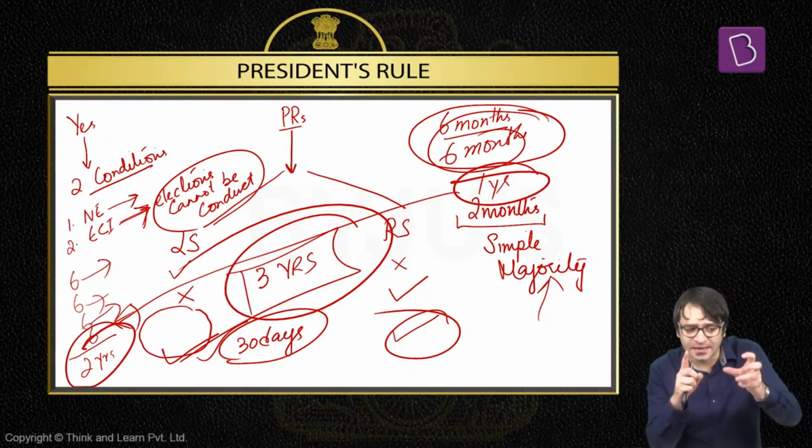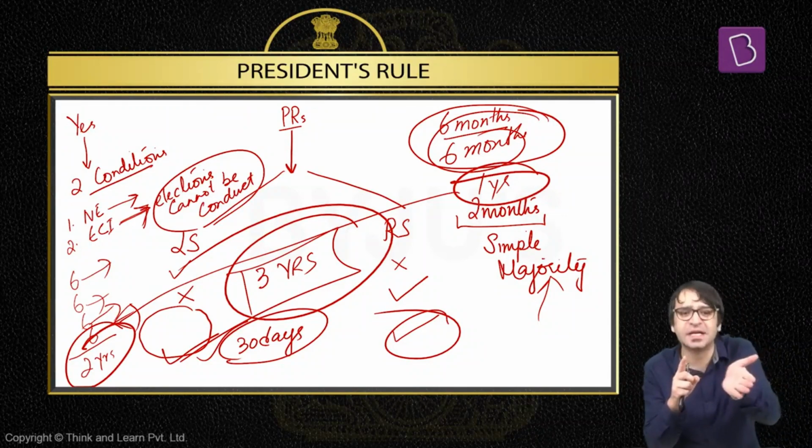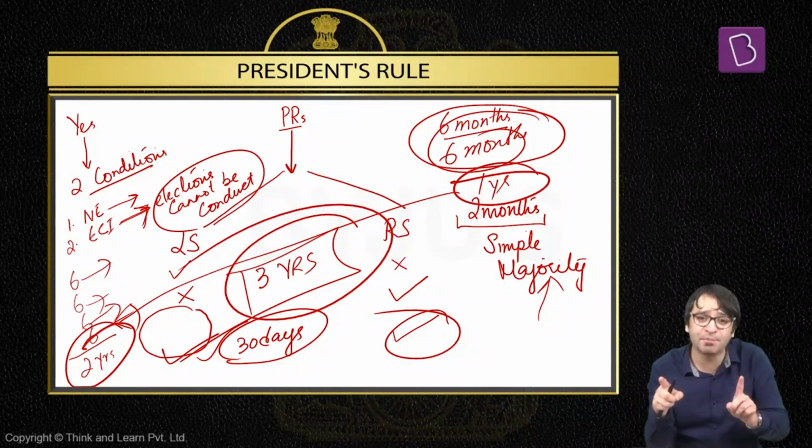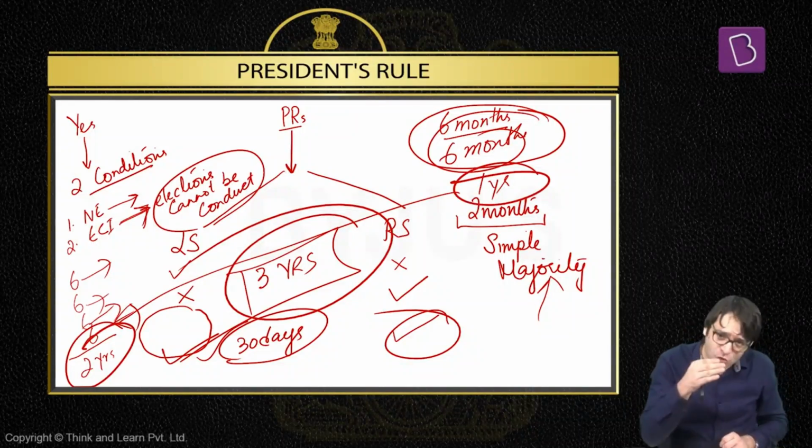Constitution was amended specifically for Punjab. That 3 years in case of Punjab means 4 years. Then it was extended beyond a period of 4 years as well, for 5 years. That means if President's rule, whose maximum validity under the Constitution is 3 years, has to continue in a state beyond a period of 3 years, for that Constitution has to be amended. And that is what was done in case of Punjab.